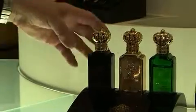I'm now going to spray you with the X for Women by Clive Christian. You've got in this 2 aphrodisiac flowers right in the heart of this perfume, which I'm sure you're going to love. You've got Egyptian jasmine in the heart of this, with karo karunda mixed with rose and lily of the valley. Now, in the old days, Egyptian jasmine was mixed with sandalwood and made a wonderful fragrance, and this was